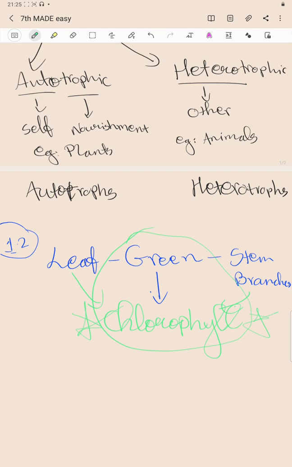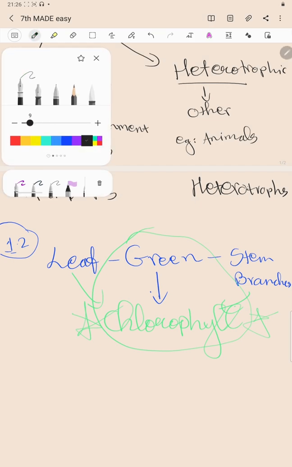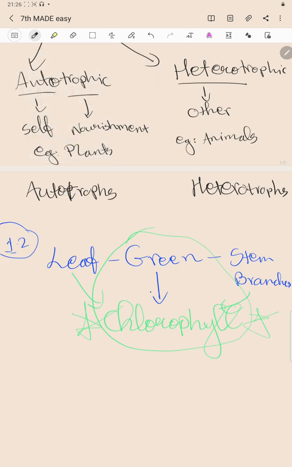Now there is a blue box in page number 2. It tells what a cell is. So now I'll just briefly tell you about what a cell is. Now we know that a person or a plant